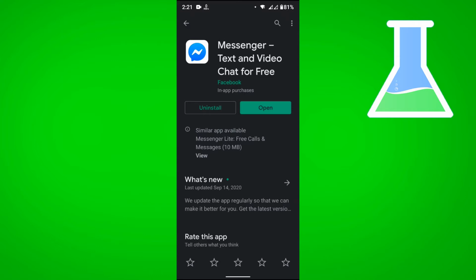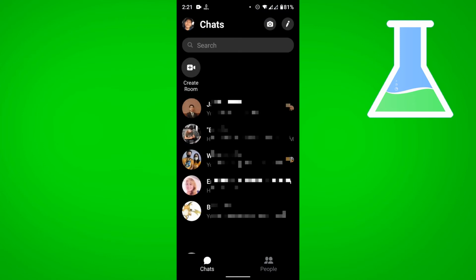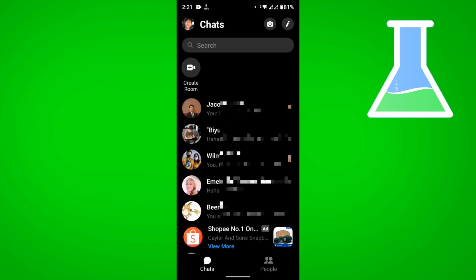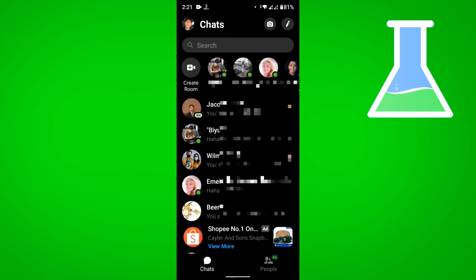So in my case, I have already updated it. I just want to open it now. And it takes me to this screen, and if you notice, there is an option to create room right away. So I'll just tap that. It is along the list of your online contacts,